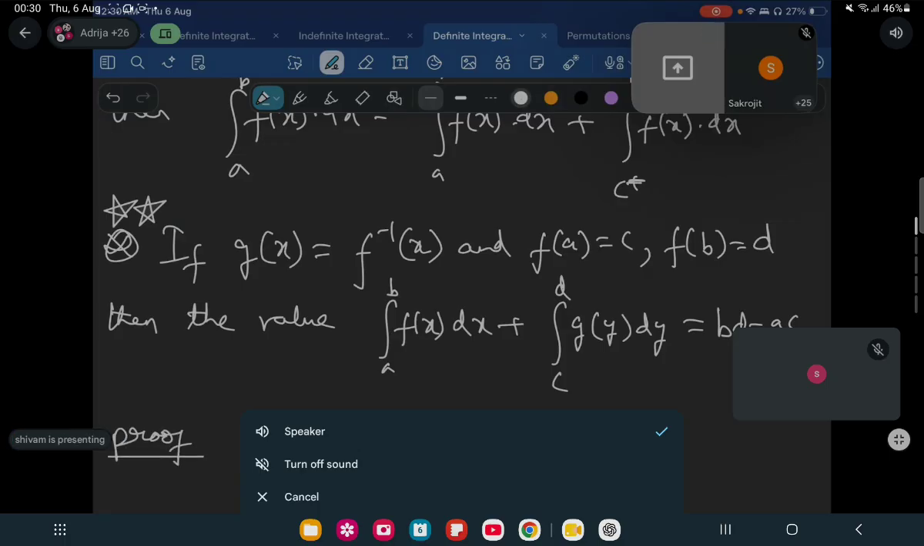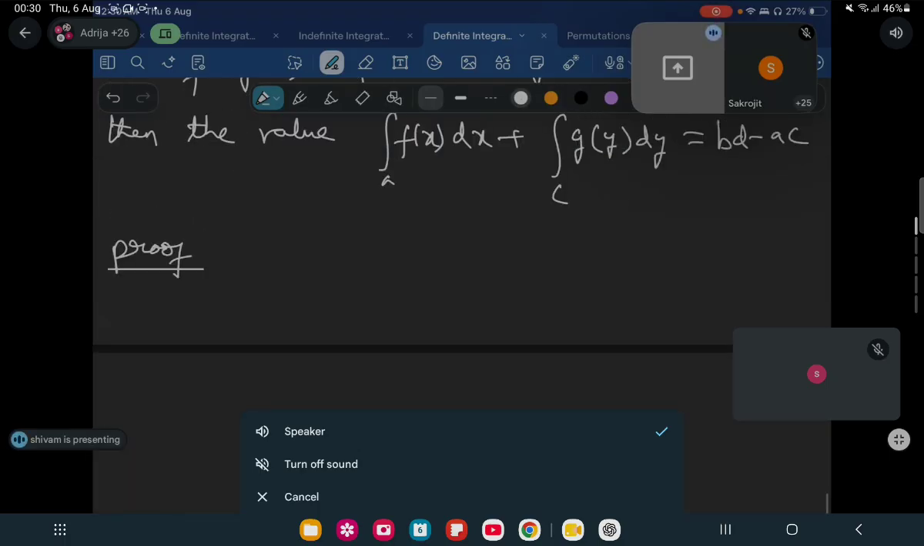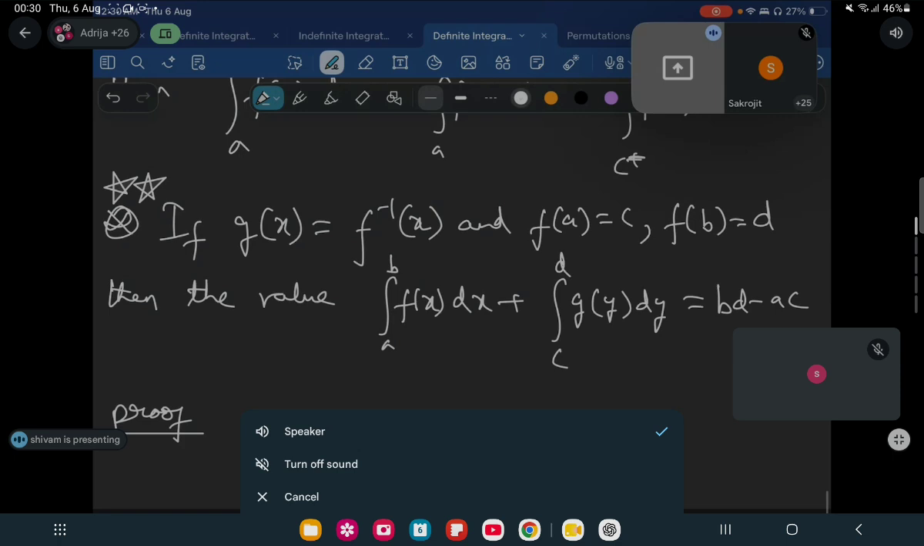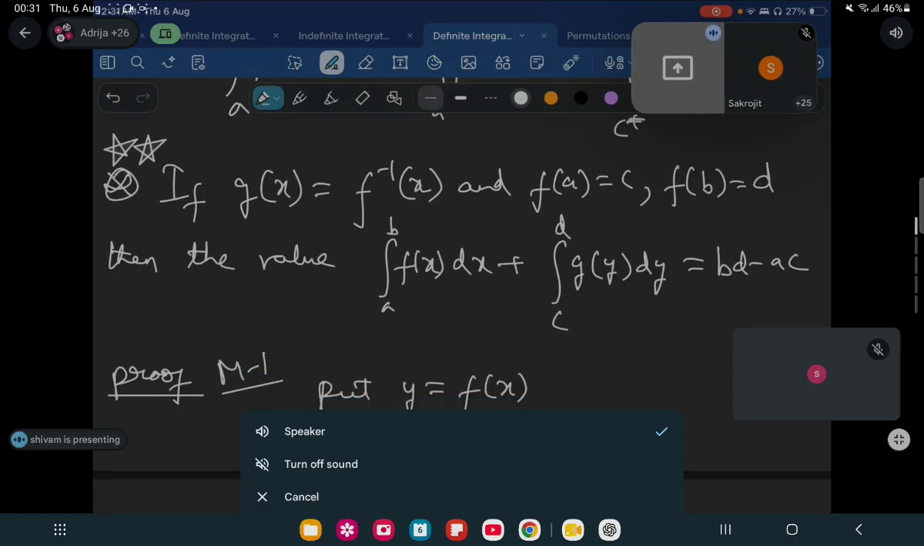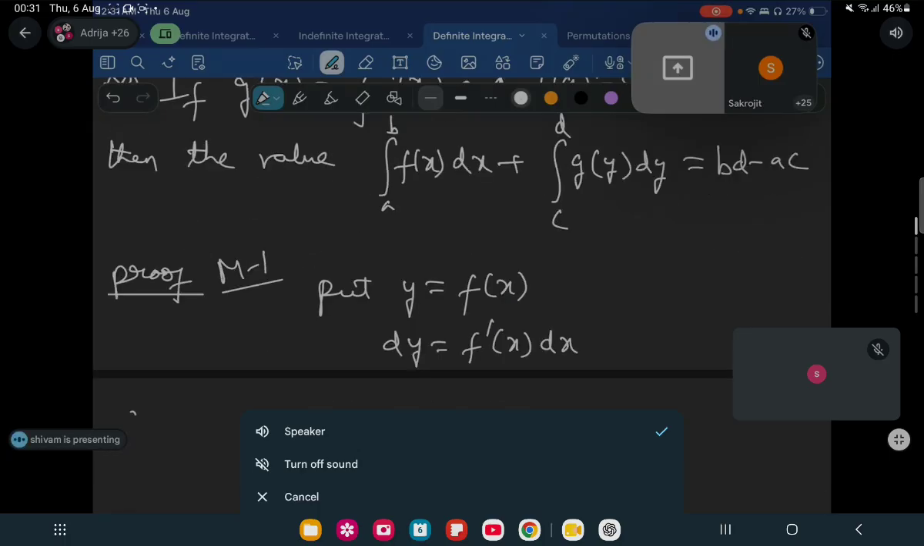First of all, I'll prove it mathematically and then I'll show you with the help of the graph. Pay attention. Method 1. Over here, you put y equal to f of x. What do we get? dy is equal to f dash x dx. So in the integral from a to b of f of x dx plus the integral from c to d of g of y dy,